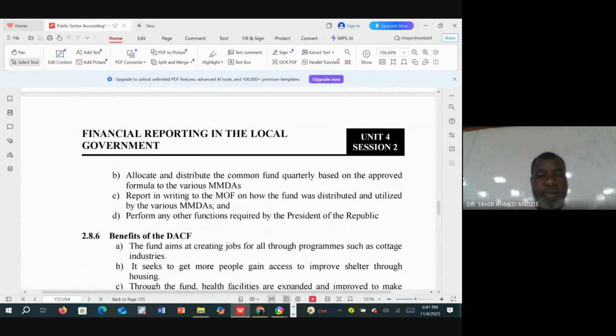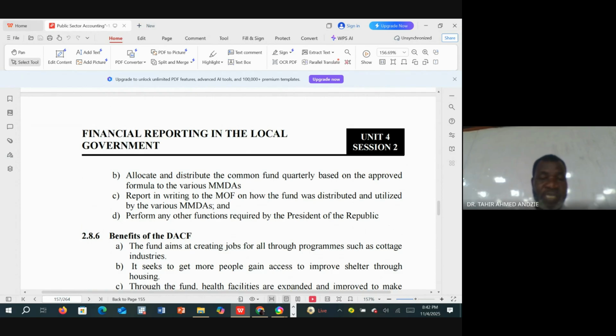Then allocation, and he has to allocate and distribute the common fund quarterly based on the approved formula to the various municipal district assemblies. So he will propose and then send to Parliament. Parliament will approve the method for distributing or sharing the common fund, and then he comes to allocate or distribute the common fund quarterly based on the approved formula by the Parliament to the various district assemblies, and